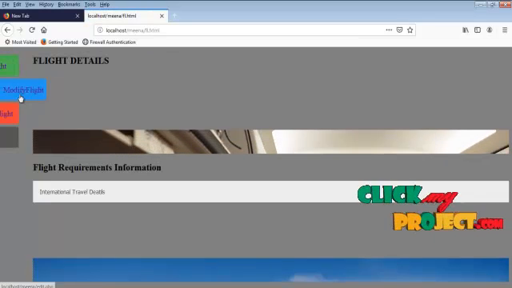Add flight details. Added successfully, and then click the back button.